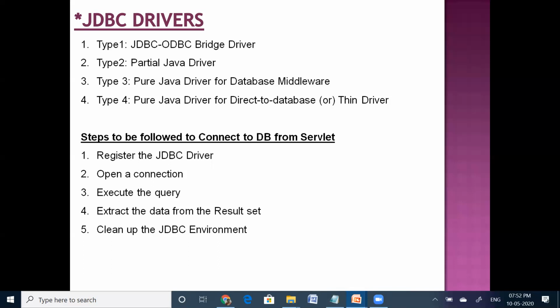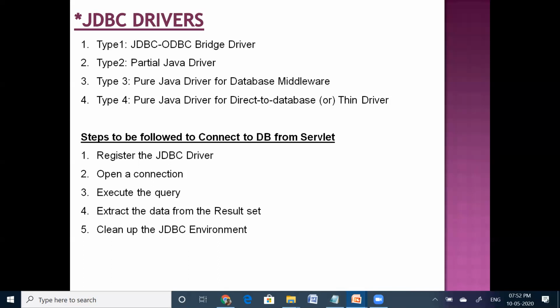The JDBC ODBC bridge driver uses the ODBC driver to connect to the database. Here your Java calls will not go directly to the database. Internally, your Java calls will be converted into ODBC function calls, and that ODBC bridge driver sends those calls to the databases.